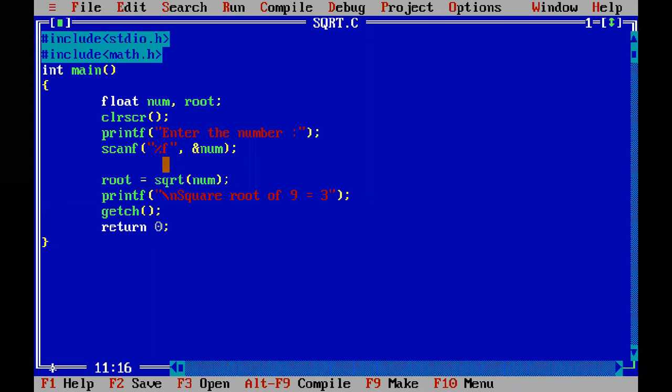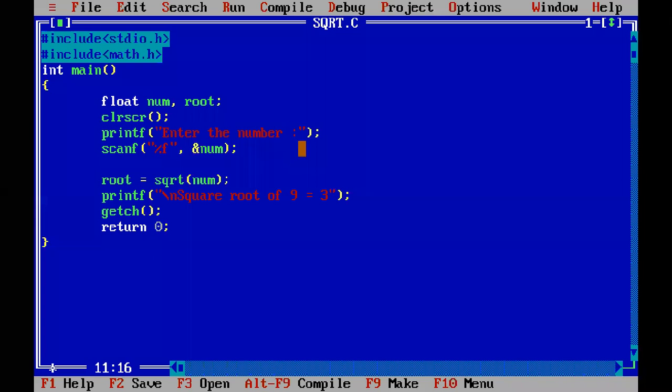Okay, the rest are only for processing or for input. They are not meant for display. So, as you saw earlier, when I tried to run the program initially, what did you see first? This particular message was being displayed: enter the number. So here we are letting the user enter a number.